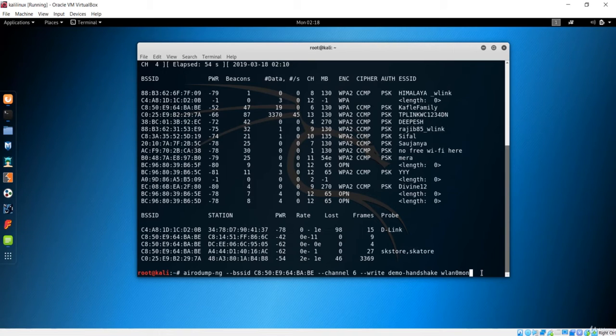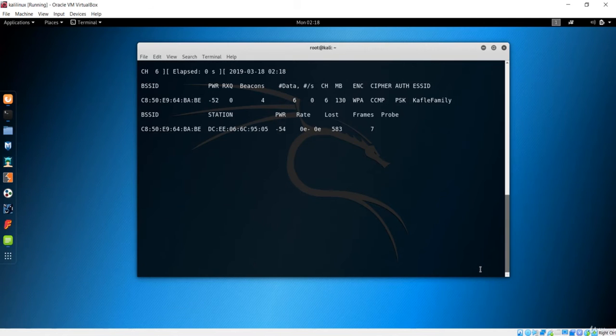So every time the client needs to connect to the network, we'll send this handshake packet, and there will be handshake communication between that network and our machine, with this AeroDump PNG. We'll capture that handshake and use the word list to see what the password is. So with this command, we are saying to give the handshake to the client, and every time that client connects to that network, we'll get a handshake acknowledge packet, and we'll use that in the form of this demo handshake, which we give here as a name, and we'll crack it with another application. So let's see, if I hit enter,